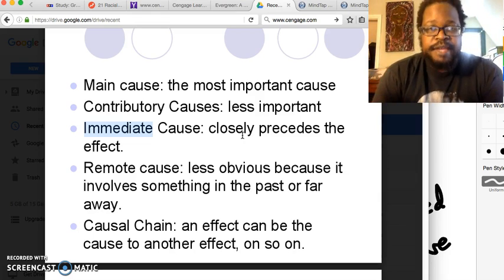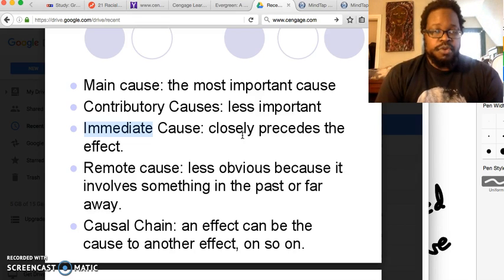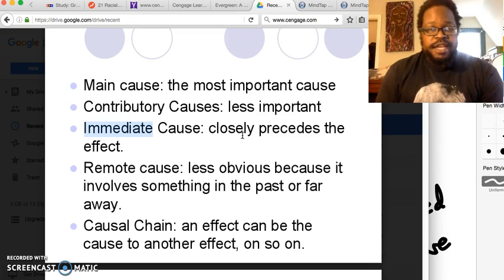So one might say, well, one reason or one cause for Trump gaining momentum and ultimately winning the election was because of the FBI saying that they were going to investigate Hillary Clinton because of the email scandal that came out a week before the election. And people say that's a reason why she lost, right? That's an immediate cause because it was very close to the election.